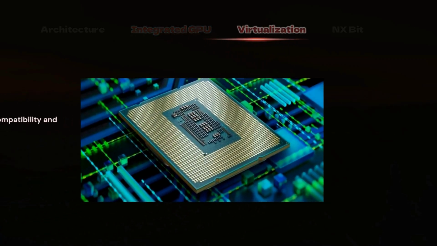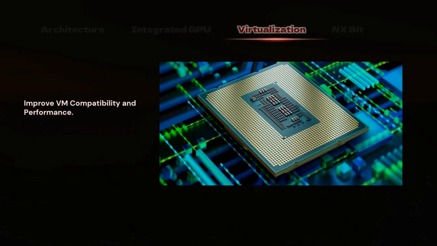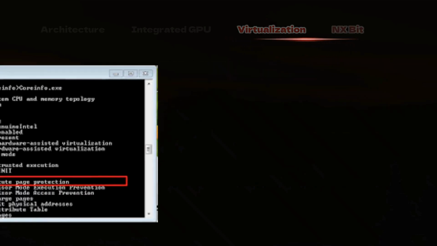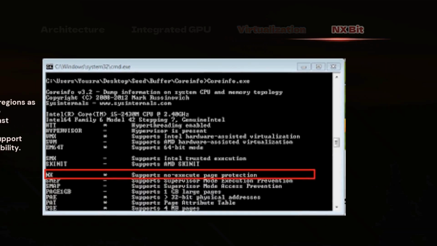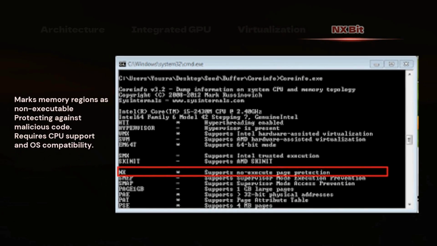Virtualization allows your computer system to run virtual machines as a unique computer system with full access to all hardware for individual applications. Many virtualization products rely on virtualization extensions built into the CPU, which improve the compatibility and performance of virtual computers. Hardware virtualization is supported by all modern AMD and Intel CPUs and should be enabled by default. If not, you need to access the BIOS or the UEFI and enable the feature.